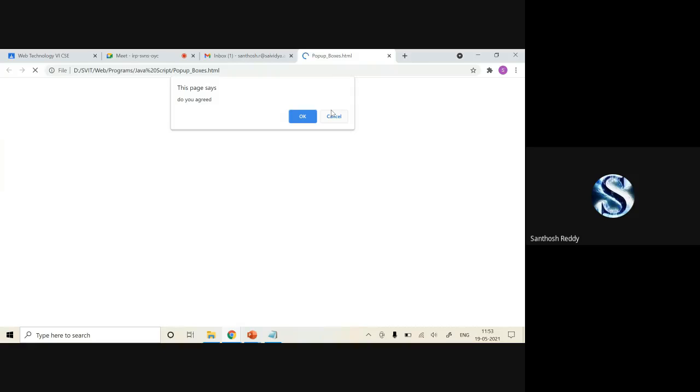I have got one alert confirmation box: one is OK, another is Cancel. If you click on OK, you're going to get one alert with the message 'You have agreed', and you can click on OK. If you click on Cancel, it has to move to the else part. Why haven't I saved it? Let me have a look.